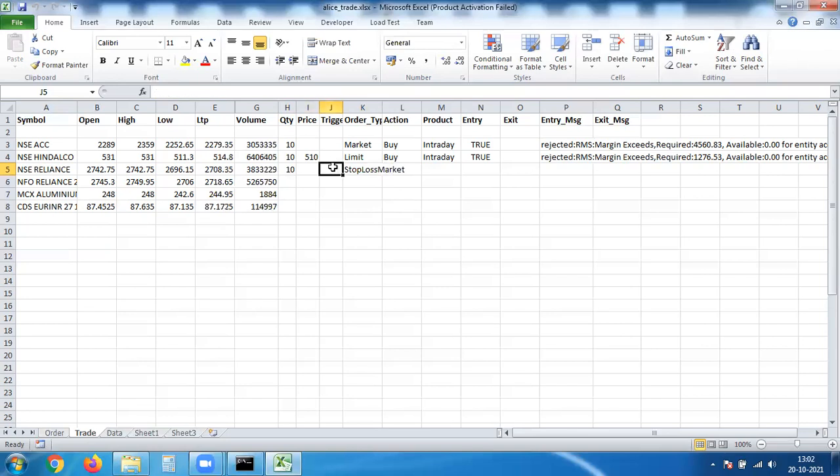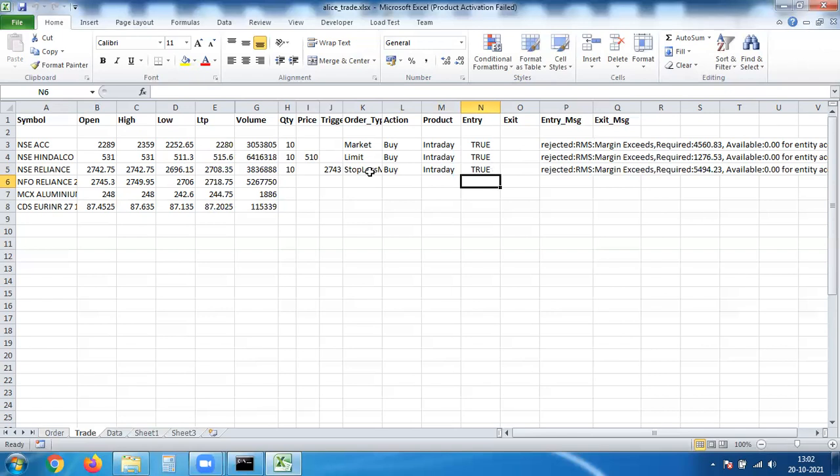And what is going to be my trigger price in this case? 2743. Any price which is greater than today's high, only then I want to buy. And once it goes beyond the day's high, you buy it at market price. That is what I am telling over here. Then choose the product and enter into it. It will evaluate the condition, send it, and then you will get a message whether it is successful or not.